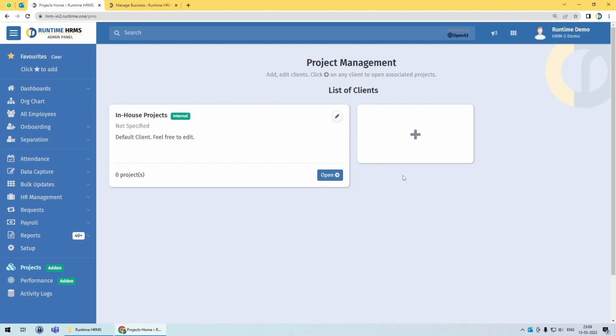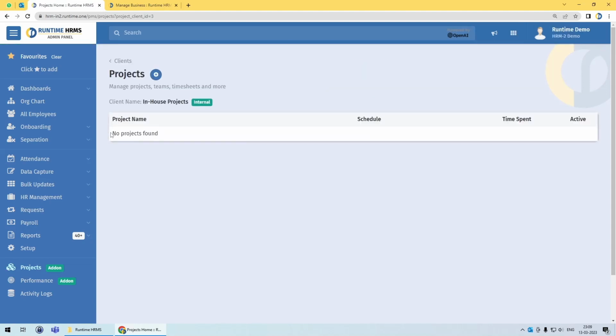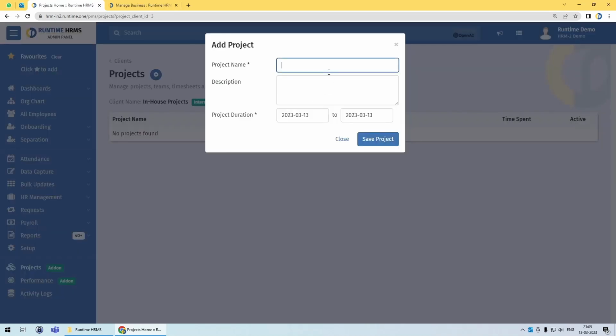Now let's see an example of a project. This is kind of a folder where we are maintaining all our internal projects and maybe client related projects. So consider these as folders, but the real projects will lie inside these folders. So I'll open this in-house projects folder and you can see there are no projects as of now. So let's try by adding a new project over here. Let's call it